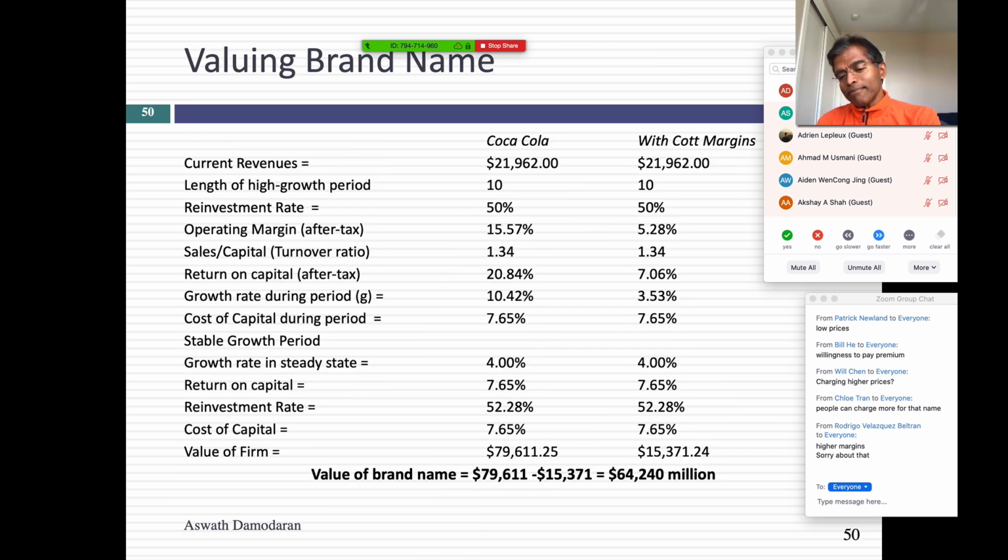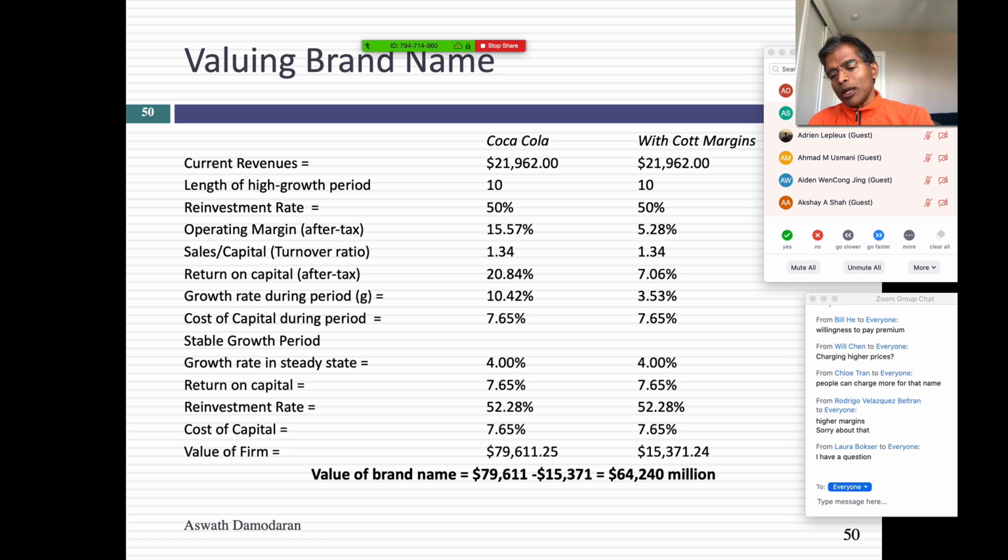Do you see why? Coca-Cola has only one competitive advantage. Laura, I'll come to you. Coca-Cola has only one competitive advantage. It's brand name. When I look at an Apple, in addition to its brand name, it's got an operating system, it's got technology, it's got styling. So what I'm capturing here is actually the value of all of your competitive advantages. And this is why I'm a little bit of a cynic when it comes to accountants trying to slice and dice this number. With Coca-Cola, it might be doable, but I don't think you should be doing it with Apple because it's very messy.